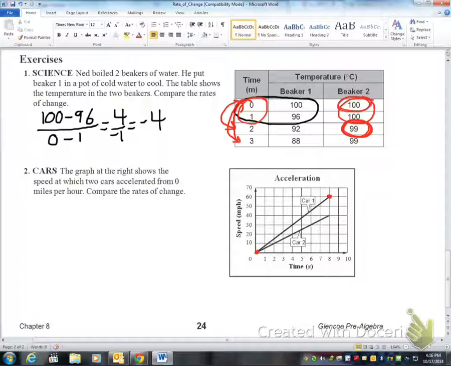So our rate of change, now our Y value is our speed. So we end up at 60 and we started at 0. That's our Y values, 60 to 0. And then our X values went from 8 to 0, 8 seconds, starting from 0 seconds. So we get 60 over 8, which gives me